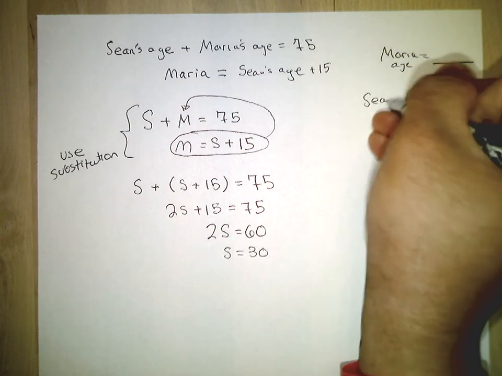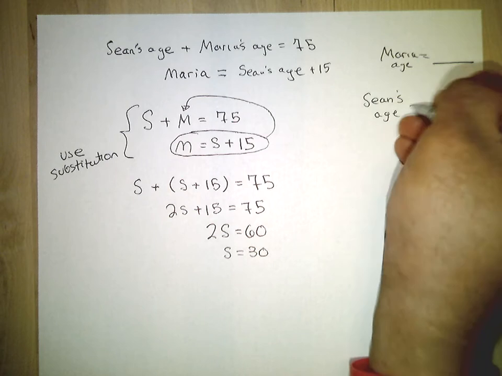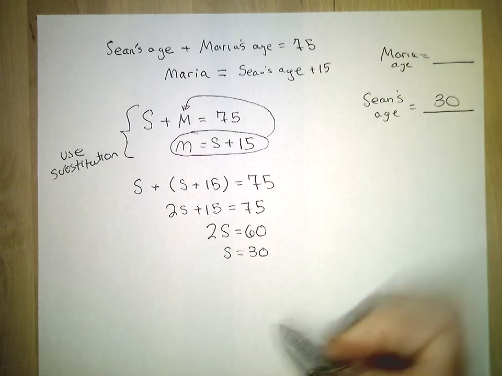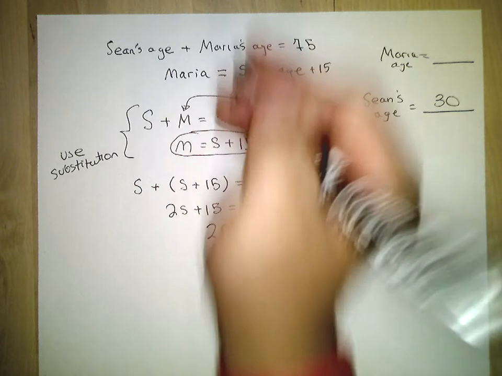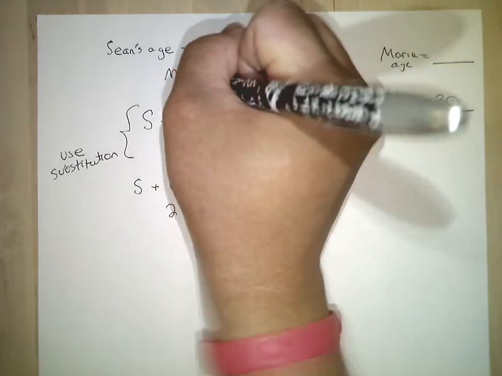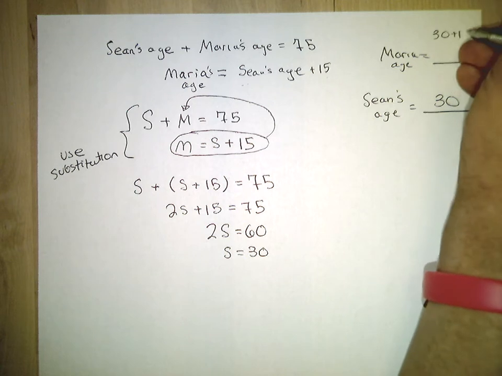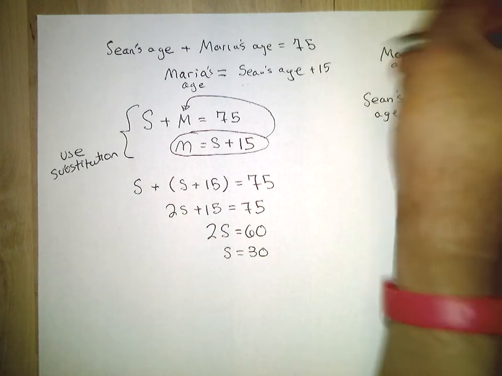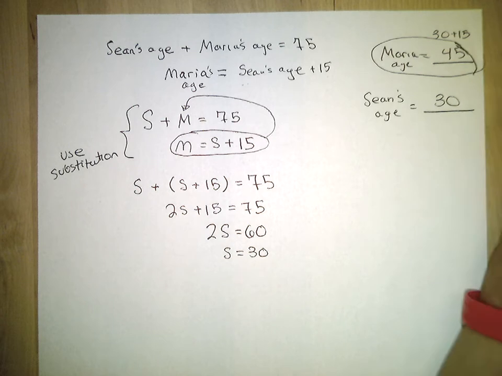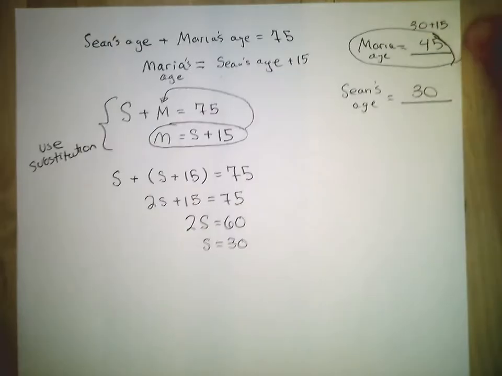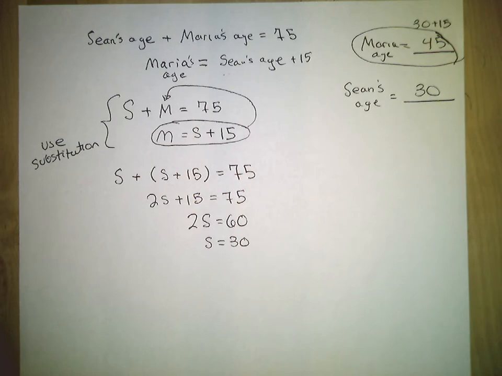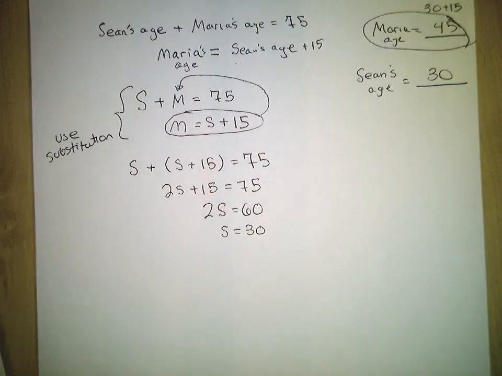So that means Sean's age was 30, but they asked for Maria's age. So Maria's age would be Sean's age plus 15. So 30 plus 15 means that Maria is 45 years old. So Maria is old. All right. Actually, I don't think 45 is that old, so I shouldn't be too hard on her, right? All right, so now let's do another example here